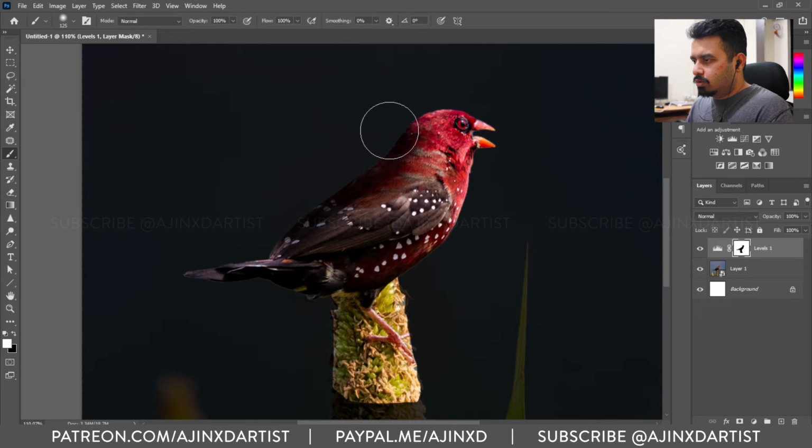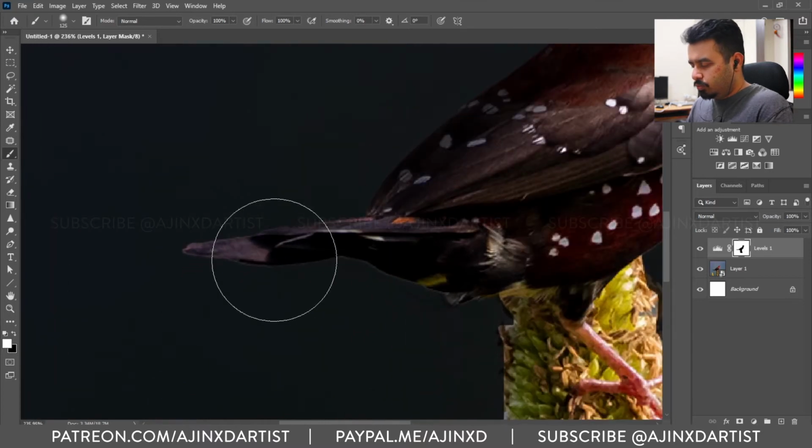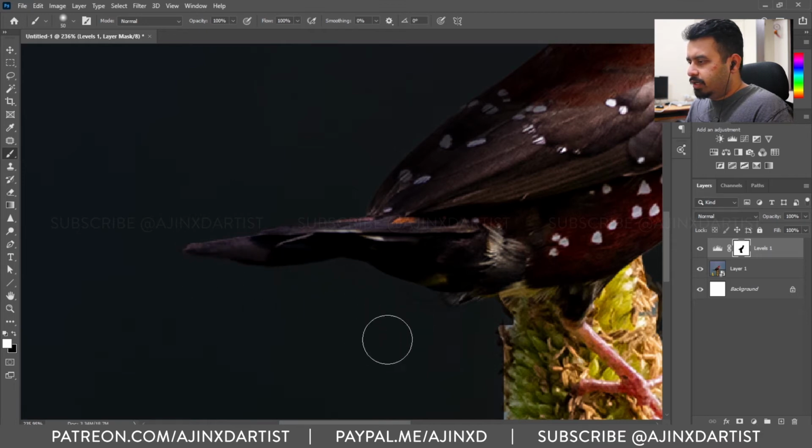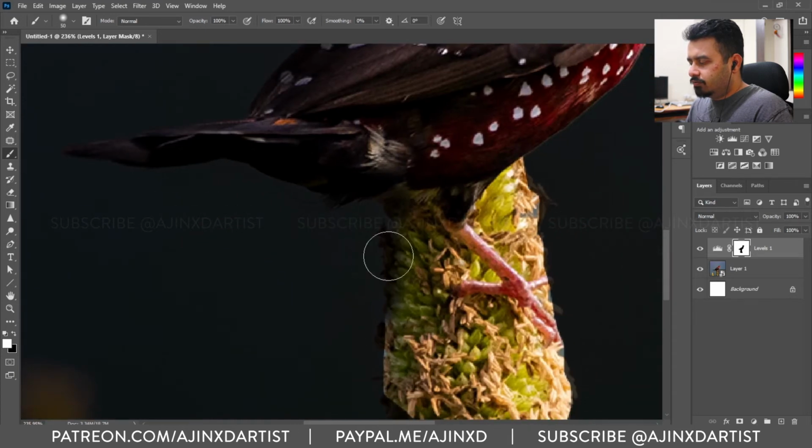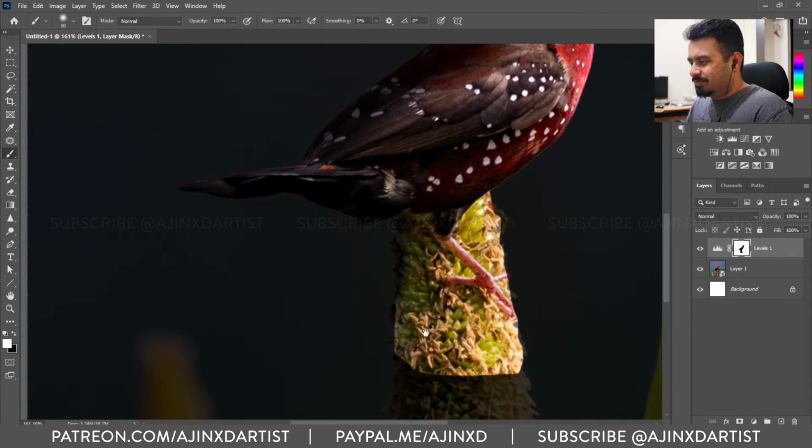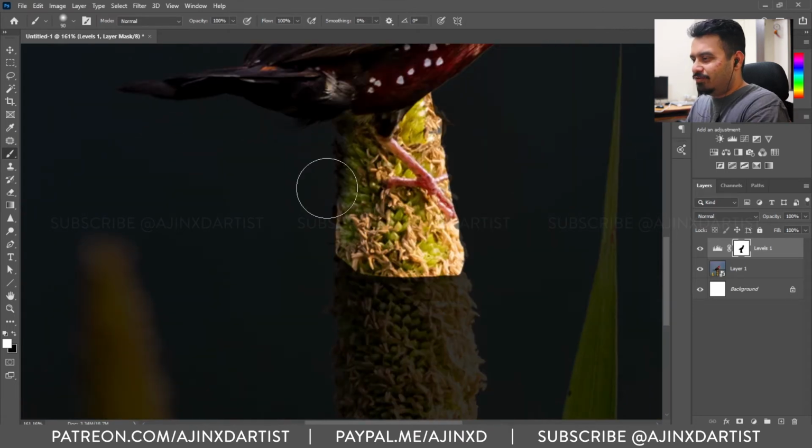So this is how we should go about it, is what I feel. You can zoom in further, reduce the brush size and edit it as per your liking. Like I said before, this is a very generic process and each image has its own way of surprising us, and each of us has our own way of editing.